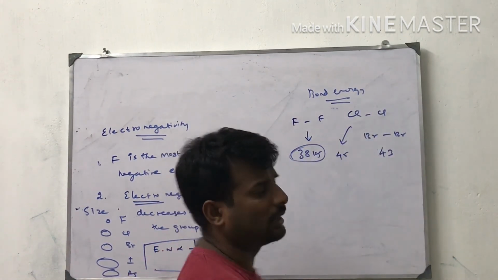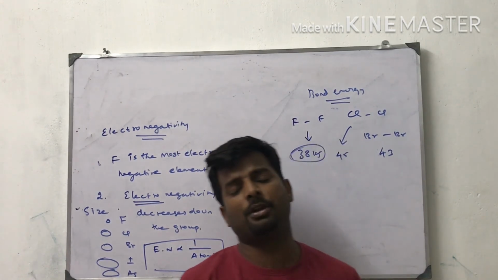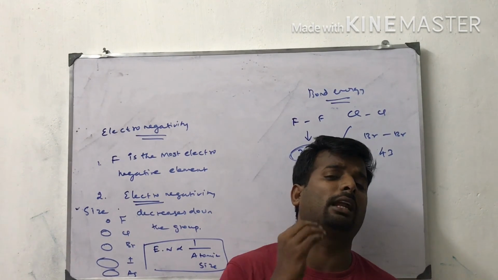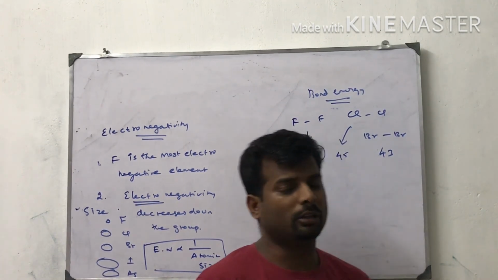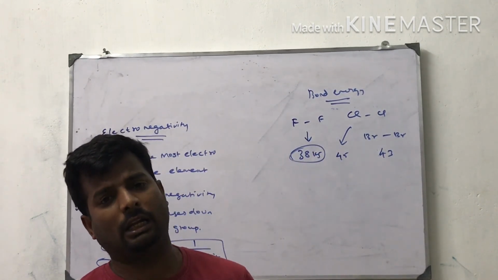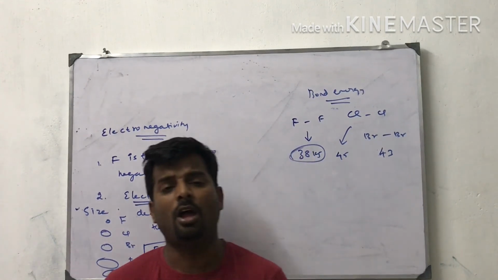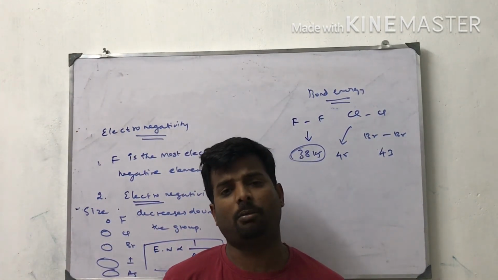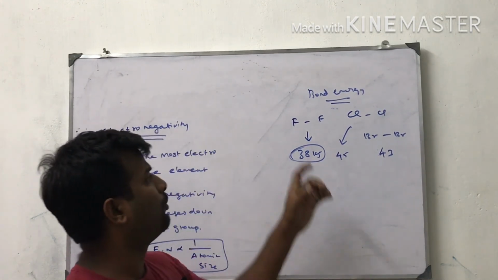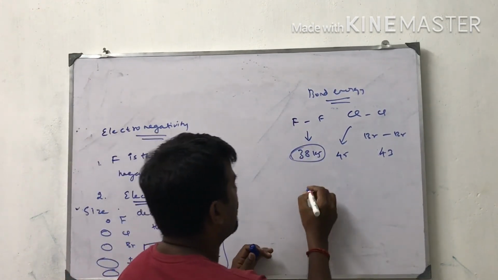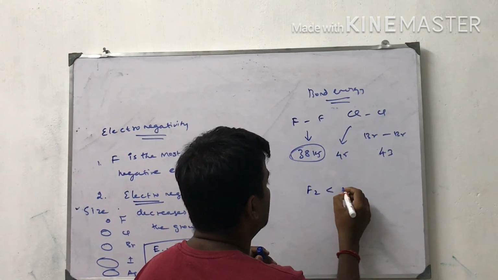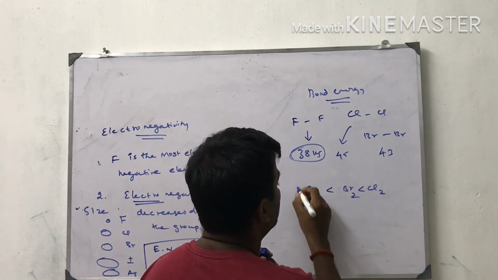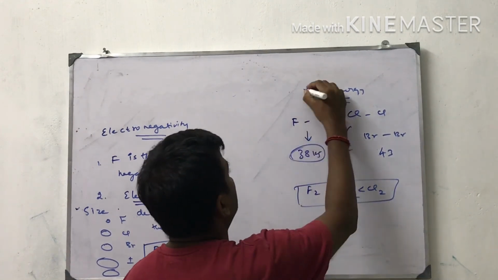The bond energy of fluorine is less than chlorine for the same reason: the interelectronic repulsion between the non-bonding electrons in the 2p orbital. In the 2p orbitals, the non-bonded electrons repel each other. Therefore, they do not bond well with the neighboring atom. That is why the bond energy of F2 is less than Br2 is less than Cl2. So this is one more thing.